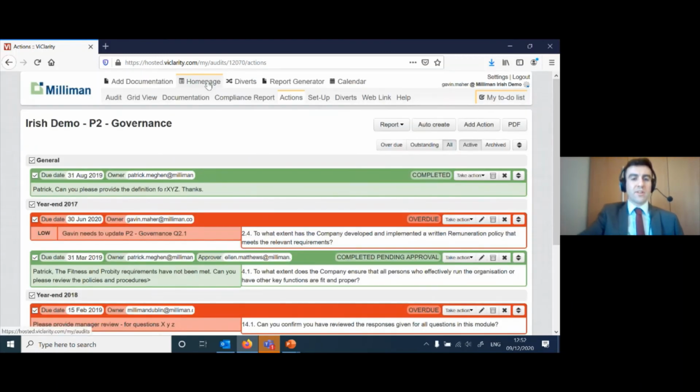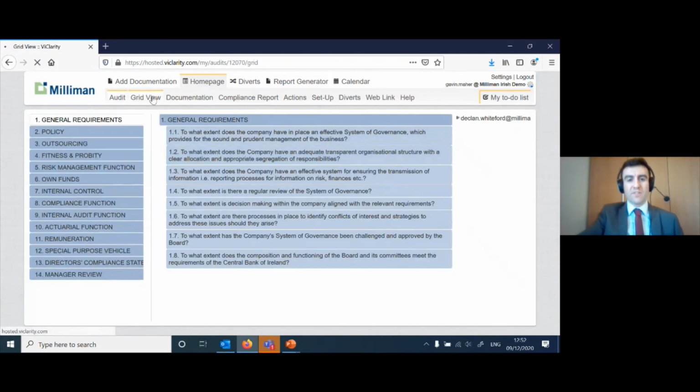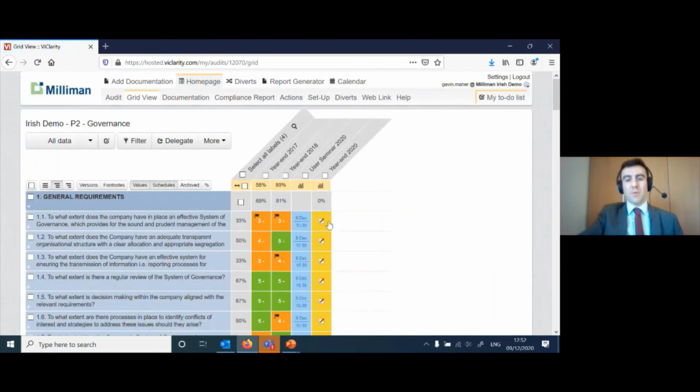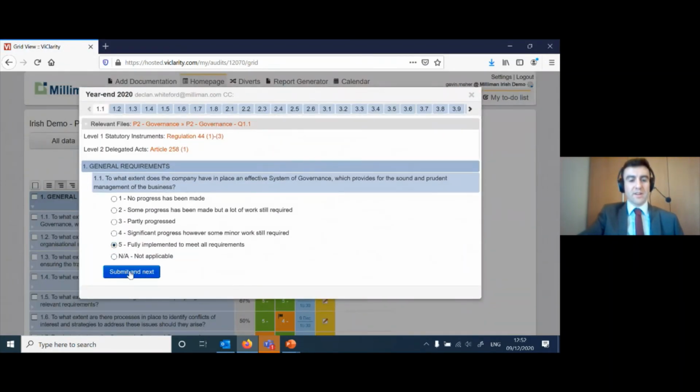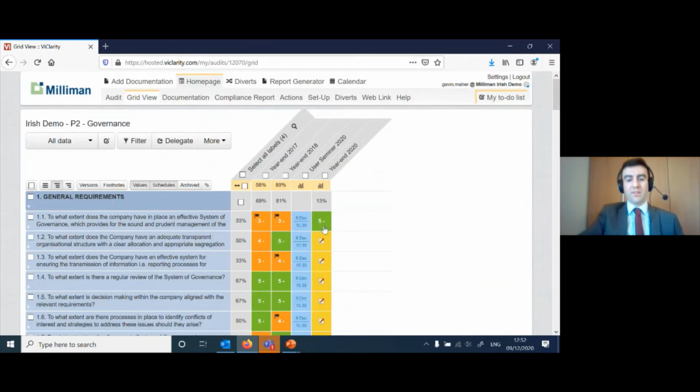Another detail that I'll add that's more up to date is if we go back into the governance section here into our grid view, you'll remember we wanted to delete questions before. So say this question was answered here, and if we wanted to go back in, you can see there's a 5 there.